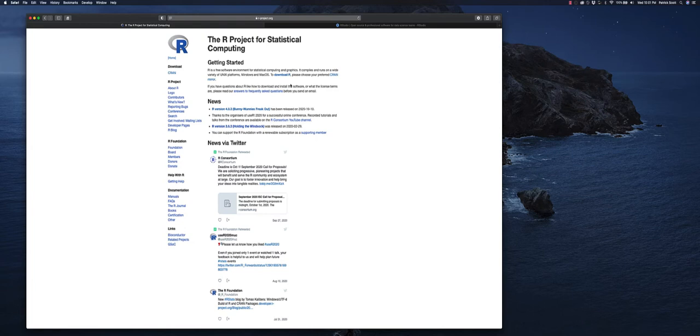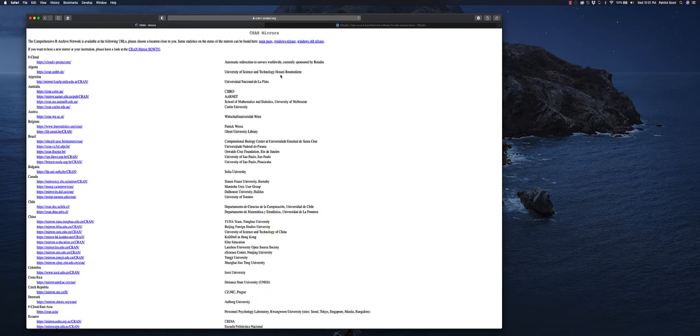And so this is the main R webpage, and we're just going to click right up here at the top to download R. So we'll click on that. And the next thing you know, you see a whole bunch of craziness. You see CRAN mirrors. And so CRAN, and I've mentioned CRAN a couple times when talking about downloading packages, stands for Comprehensive R Archive Network. And basically, you have a whole bunch of organizations, most of them actually academic,